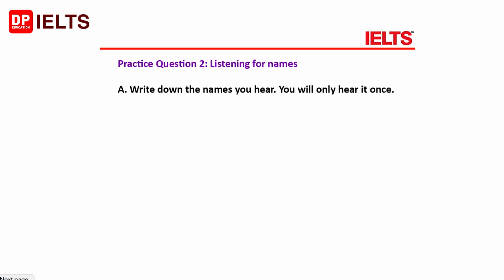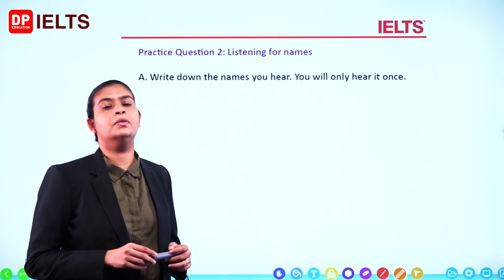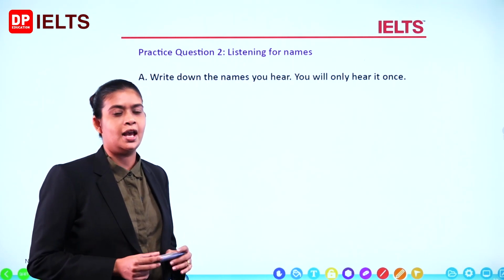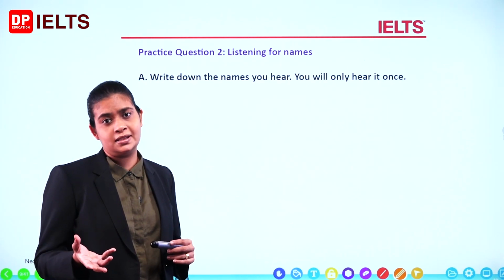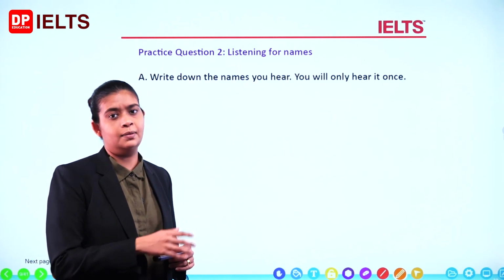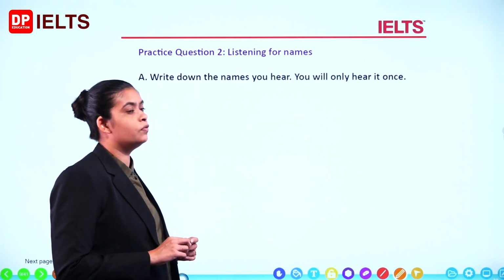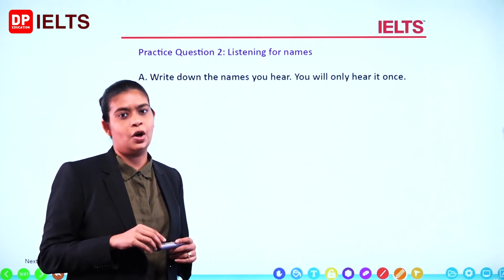Right, okay. So now, write down the names you hear. Remember, you will hear the recording once only, right? So there will be 10 names in the audio. Listen carefully and jot down the names. If there is a title, then put the title. Sometimes you might hear it, you might not hear it. Actually, at the exam, if you hear it, then put it down, same as what you're practicing here. Are you ready? Right, so let's listen to this carefully. Remember, you will hear this once only.